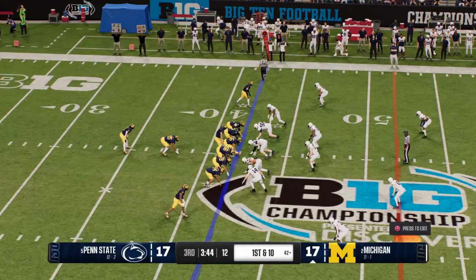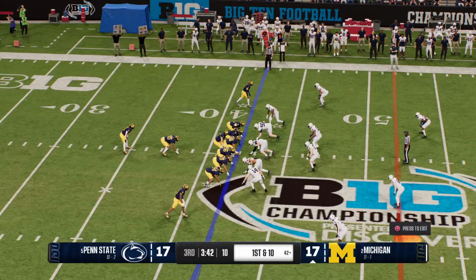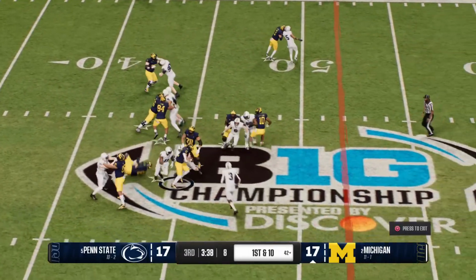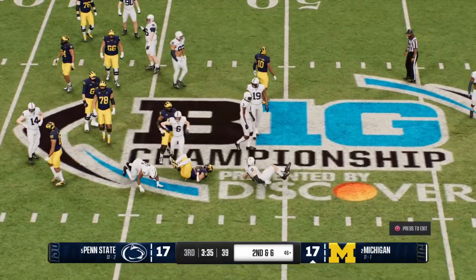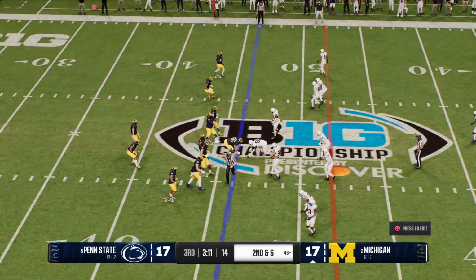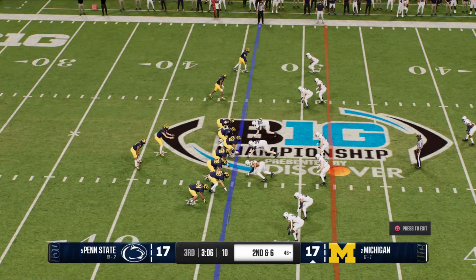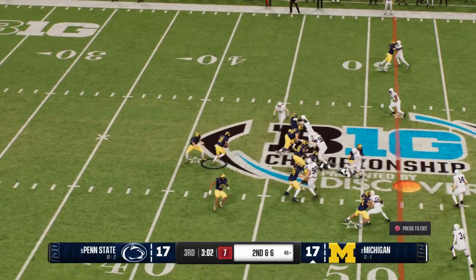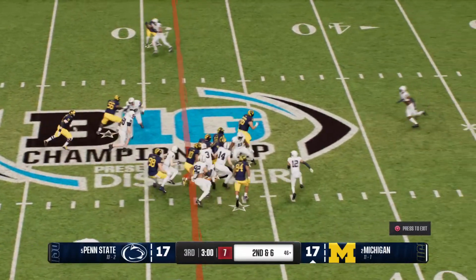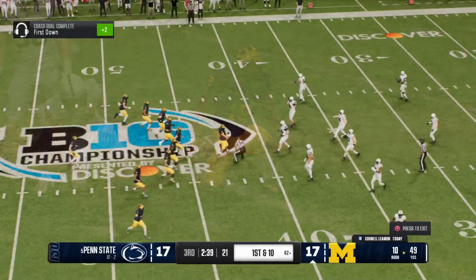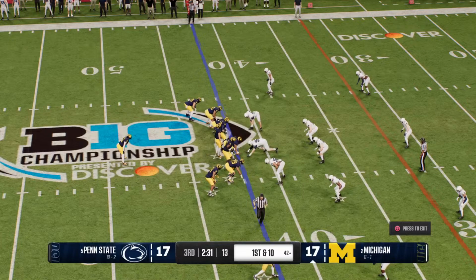And the Wolverines come to the line to start a fresh set of downs. They'll run it here. He's brought down out at the 46. Second down after that run on the previous play. Out of the shotgun, he hands it off. Oh, what a move. The freshman brought down after a nice run. It's a 1st and 10 play.